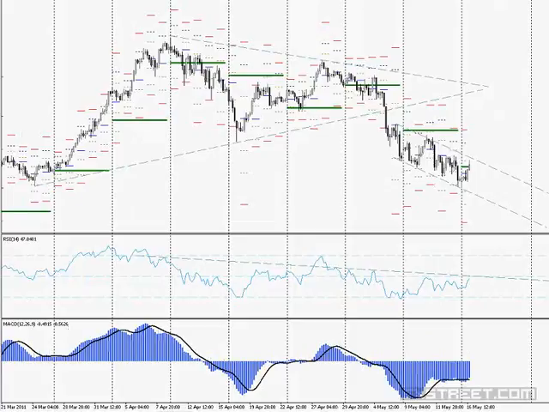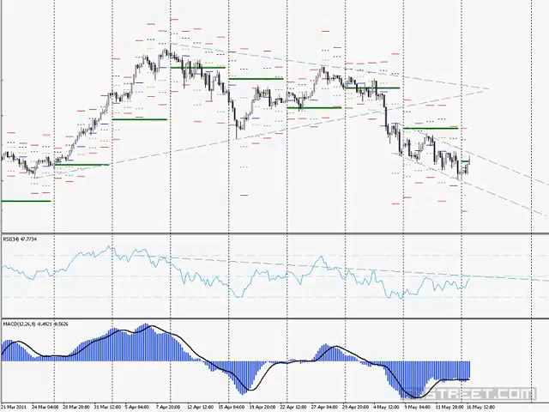This would be a triangle formation, a multi-week and even multi-month formation, which lacks perhaps some price action in this area. There is really too much white space on the chart in this area here, although the breakout towards the end of the formation